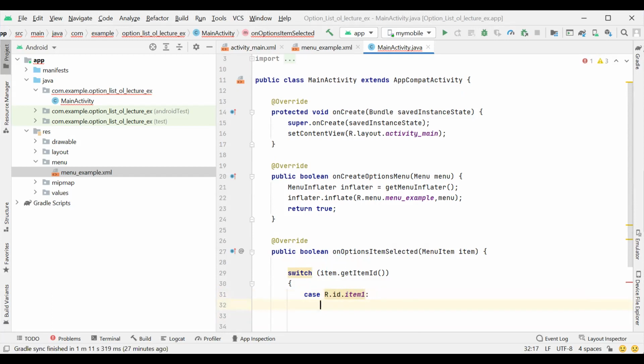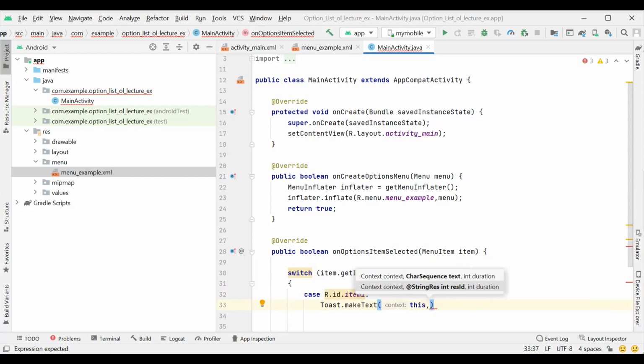So if user clicks on the first item, then we display the toast. So here we write Toast dot makeText. Here we first pass the context, that is using this attribute. The second is the message that we want to display.